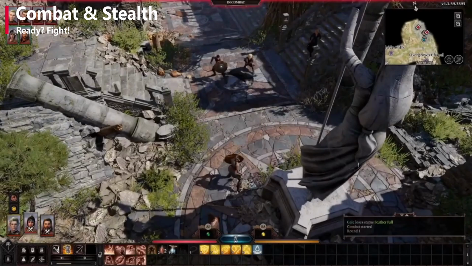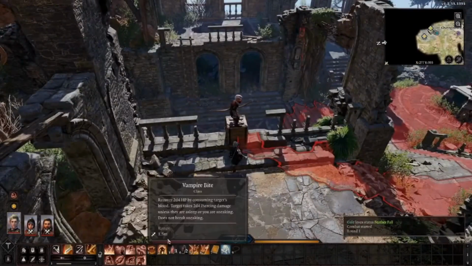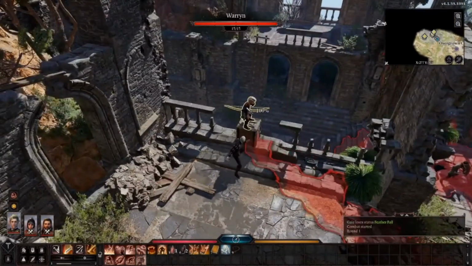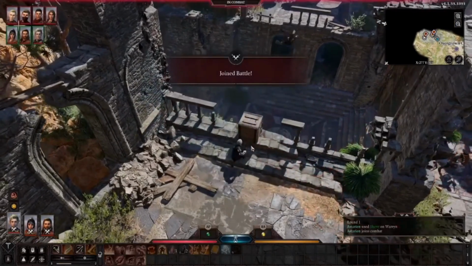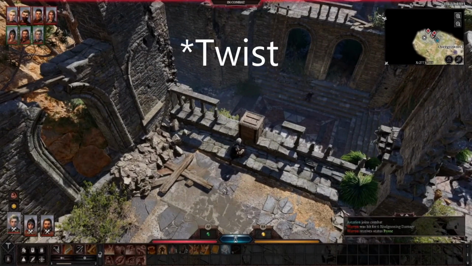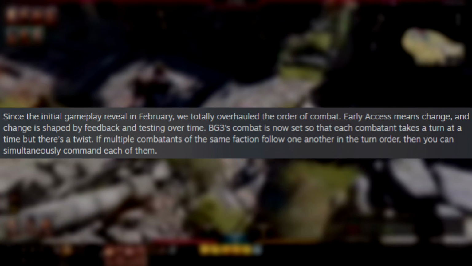Well, Baldur's Gate 3 does feature the 5th edition D&D rules and is class-based. The combat has changed since the initial reveal, and it's now much faster, in Larian's own words. The combat has changed so that each combatant takes a turn at a time, but there is a twist. If multiple combatants of the same faction follow one another in the turn order, then you can simultaneously command each